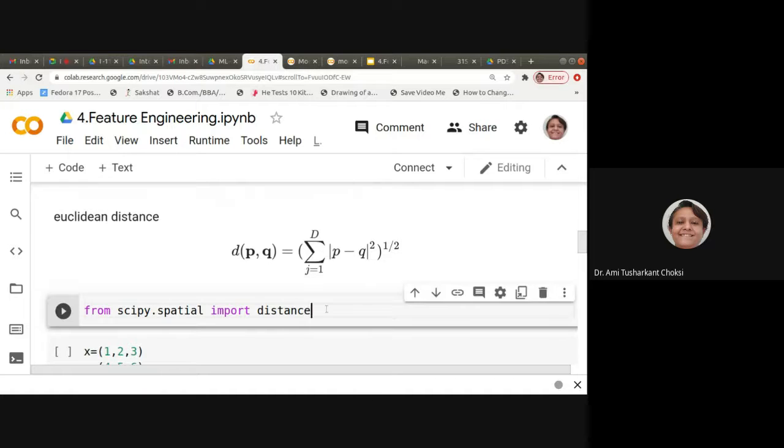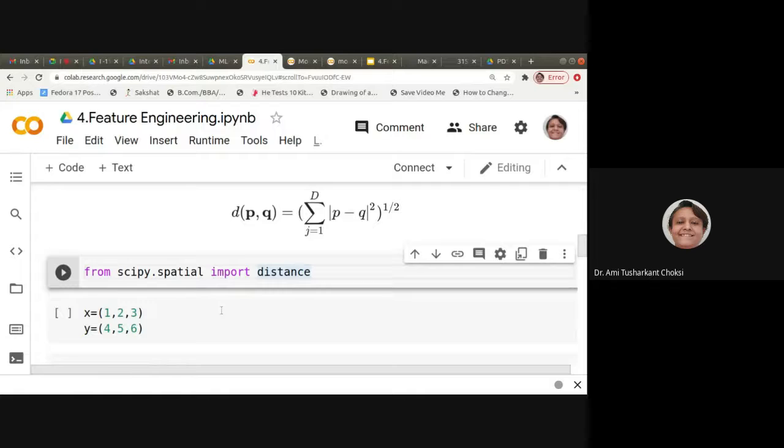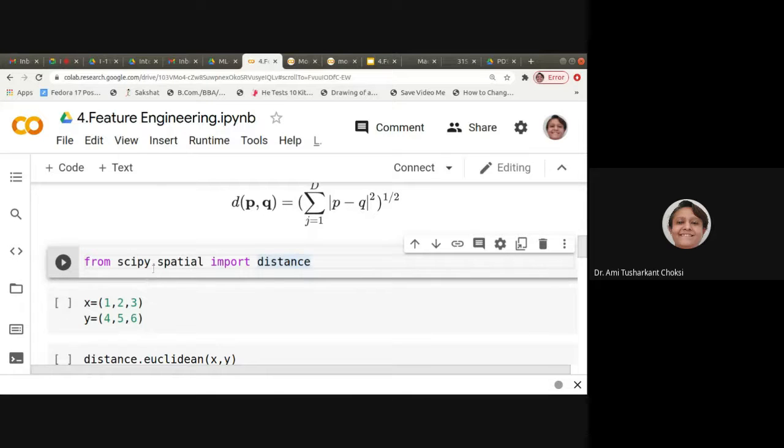Now, for finding the distances, we have the library SciPy. From scipy.spatial we want to import distance. Now, you are using Colaboratory, so this must be installed, otherwise we cannot use it. To check whether it is available or not, you can run this.